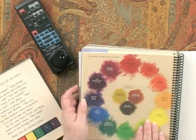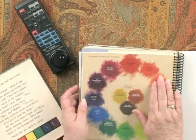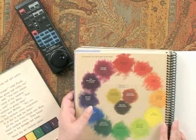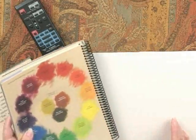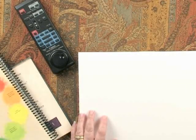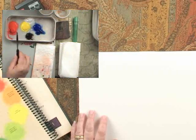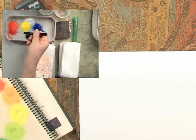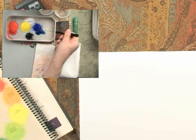I do mine with red at the top, green at the bottom. Just like the rainbow, I start with red. And then I go through the colors of the rainbow with the addition of an in-between color called an intermediate. So the basic division of colors that you need to start with is the red, yellow, blue. And I think it's good, it's just a suggestion for you, to place them across the